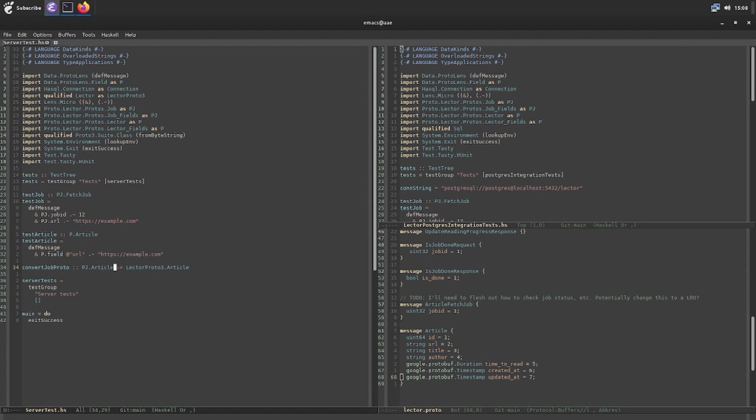Oh, I have one here. It's just called P article. Okay. All right, so it's going to take this, it's going to return this, except it's going to return a status or this thing, and convert job proto of message is going to equal